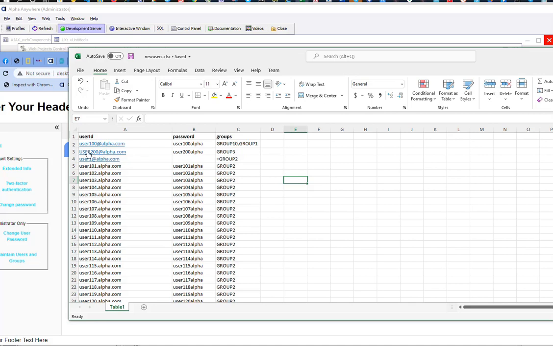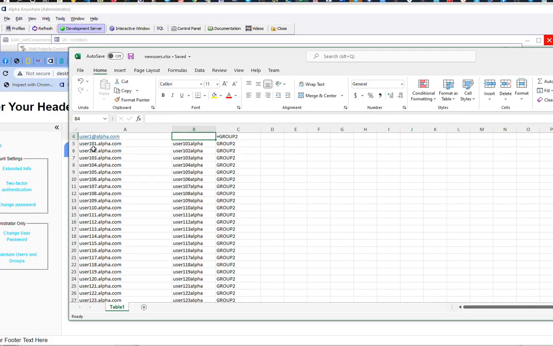Then you can see we're going to be adding user 200, and then user 1 is an existing user, and what we'd like to do for this user is not change their password, so we'll leave the password field blank, but we can see here we've got plus group 2, so we're going to be adding user 1 to group 2. We could also type in minus and then a group name to drop a user from a group, and then in addition to that we're going to be adding user 101 through user